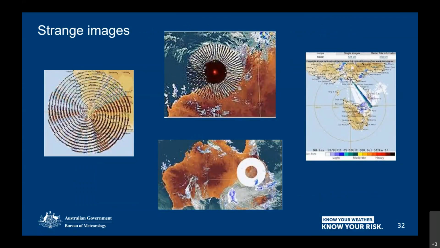Thanks, Kirsty. That was an excellent overview of how you guys use the radars. Now, from time to time, you'll see some strange images on the web. Nothing sinister about these. It's usually due to a couple of reasons. First of all, we look at the image on the right-hand side of the screen. There's a large strobe to the southeast heading towards Melbourne radar. That is interference, electromagnetic interference from Wi-Fi that's actually operating out of band and into our band of the radar.